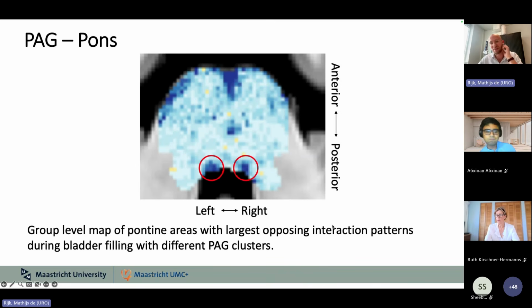And that is very complicated and vaguely termed, but we basically looked at the difference between different PAG clusters in their connectivity with Barrington's nucleus. And we see that when one cluster of the PAG, one functional region, increases in its connectivity with Barrington's nucleus, the other one decreases in its connectivity with Barrington's nucleus. And that is a bit in line with what you would expect if dorsolateral PAG is involved in suppressing micturition, and ventrolateral PAG would want to facilitate micturition. So those are opposing